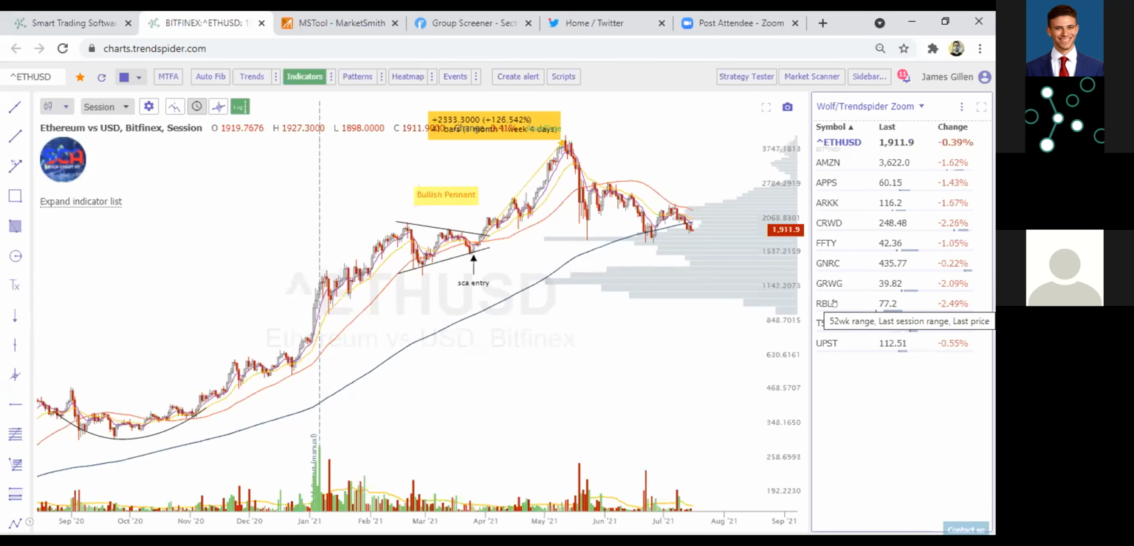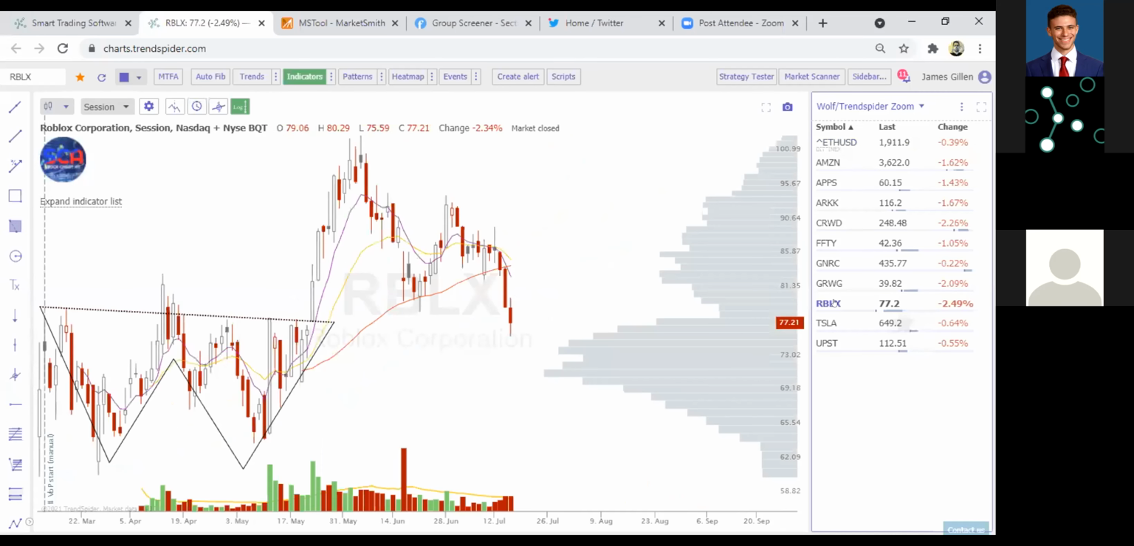So I'm going to go into Roblox, for example. This was a very popular IPO stock. A lot of people had their eyes on this one. Post IPO, the base formed a very nice double bottom consolidation pattern. You could see over here, the stock broke out on May 21st, but you could also see the volume on